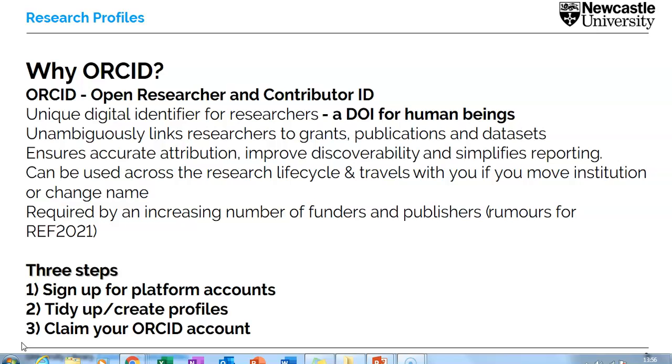Another reason that it might be very important to you is if at any point in the future or in the past you have changed your name for whatever reason. Again, this helps to link your work to you regardless of which name you were using at the time. And if you've found in the past that different publications in different journals have expressed your name in different ways, perhaps using different initials or full versions of your name, including or excluding a middle name, again, this just disambiguates all of those different variations and makes it very clear that all of this work is yours and it's on your research passport.